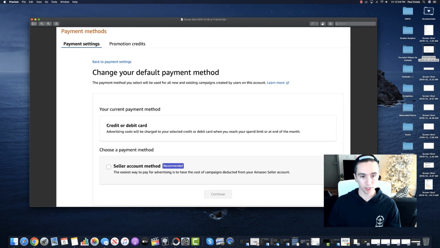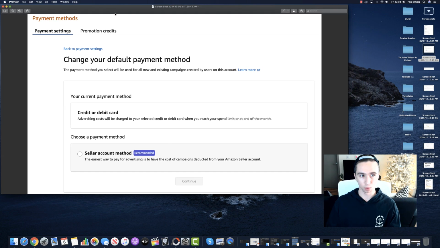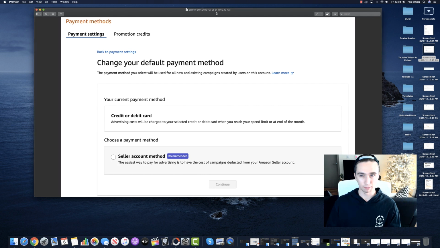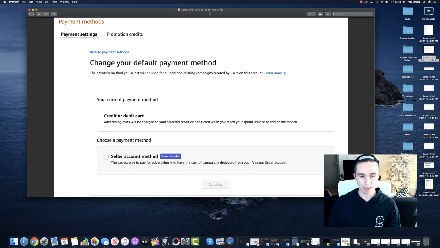So right here, I actually have it set up to come out of my credit card, business bank account, just because I think for expenses, it makes it easier. But in the beginning, if you don't want to be paying out of pocket for your ads, you could have them charge your seller account. And what that does is it's going to show you,